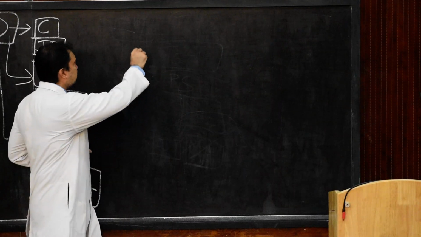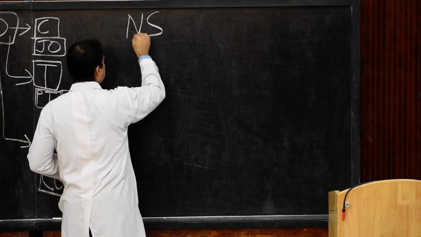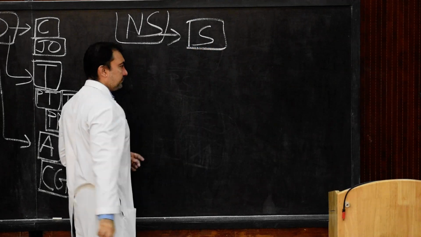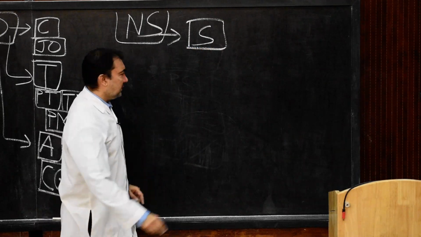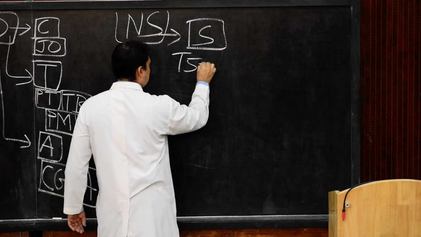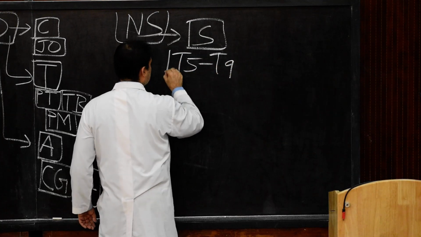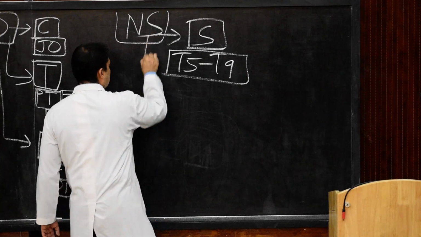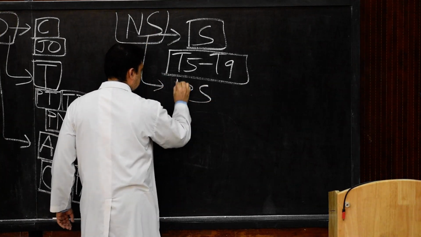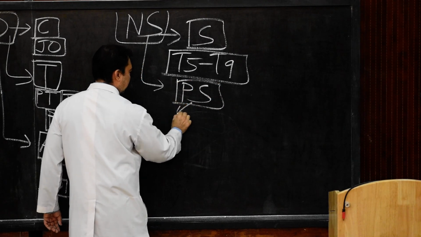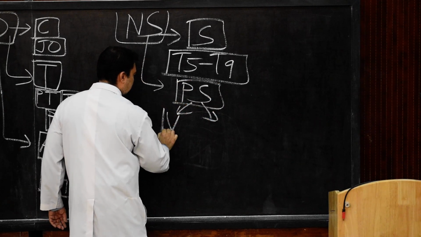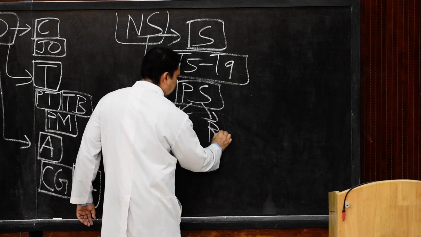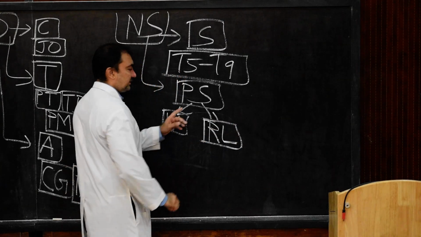Now the nerve supply. So in the nerve supply of the esophagus, we have the sympathetic supply, and this sympathetic supply of esophagus will be from the T5 to T9 segments of spinal cord. This is the sympathetic supply, nerve supply of esophagus, T5 to T9. And then we have the parasympathetic nerve supply. This parasympathetic is represented by both the vagal nerves, right and left vagal nerves, and the right and left recurrent laryngeal nerves. This is very important.